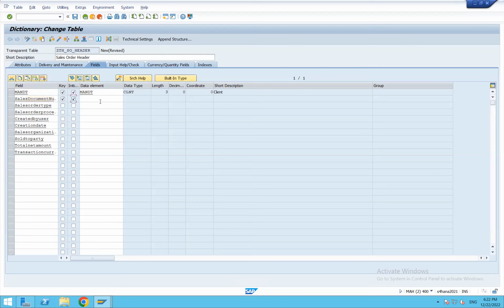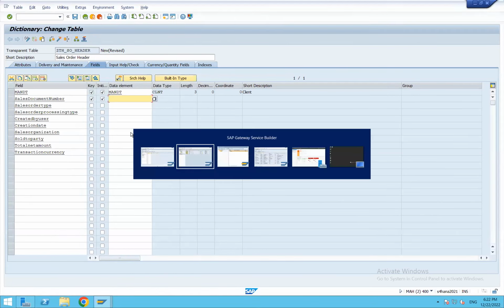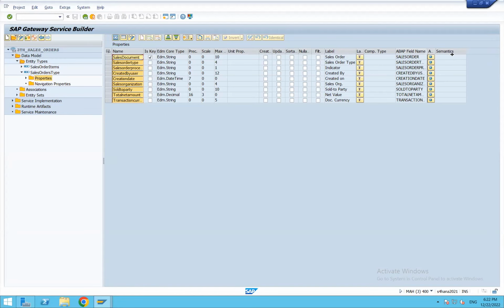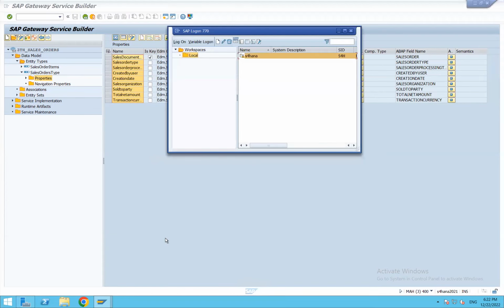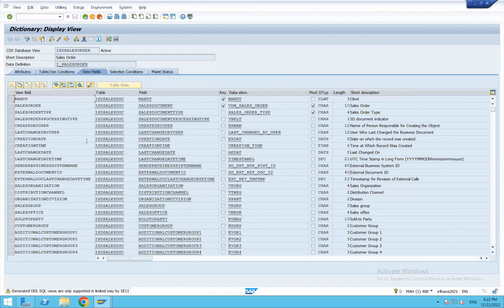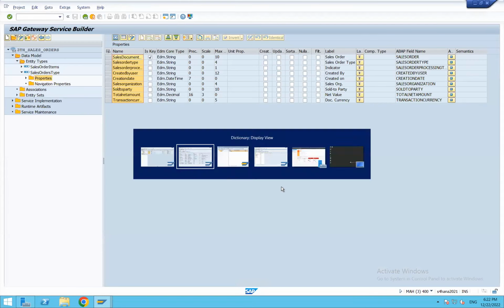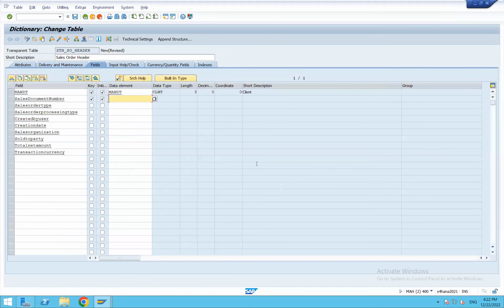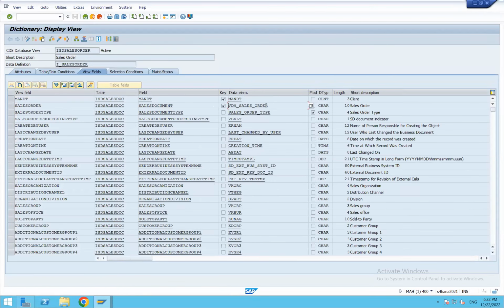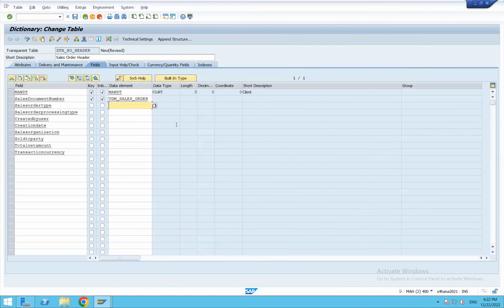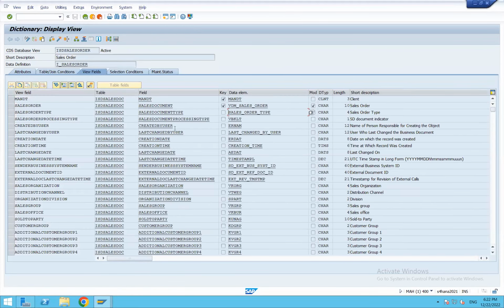Okay, so sales order number is going to be the key field for us. Now I need to pick up the right data elements from here. So sales order, the data element is this one. Let me do a quick cut and paste. And sales order type, sales processor type,